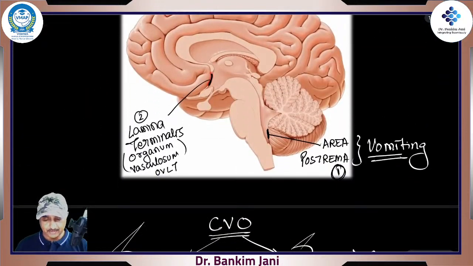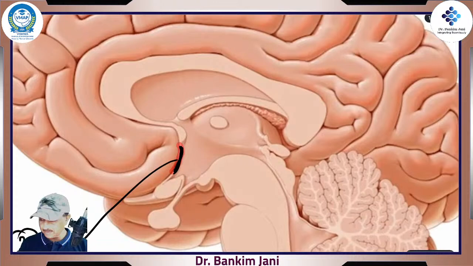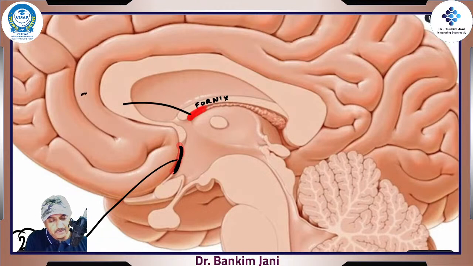Where exactly is this subfornical? You know where the fornix is, right? So let's zoom in. Here is the fornix. This one is the fornix. So the subfornical has to be here. This portion is just underneath the fornix. So that is our third one,